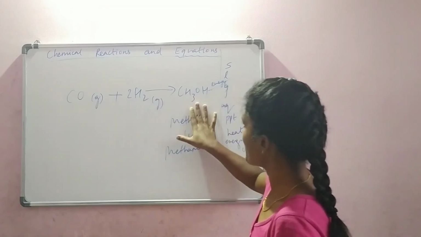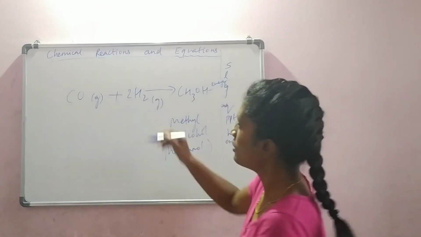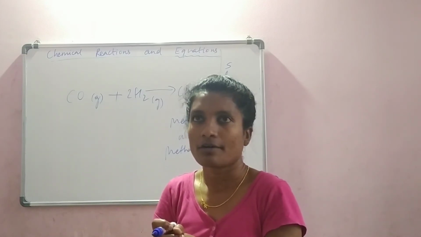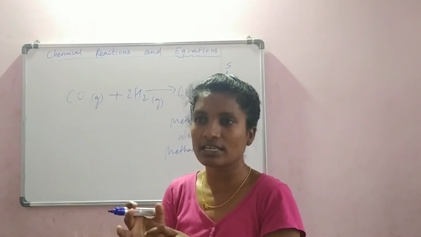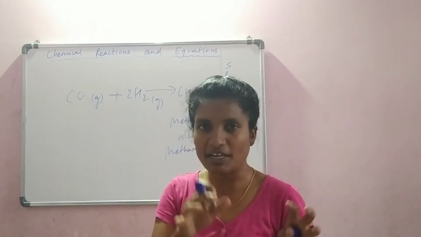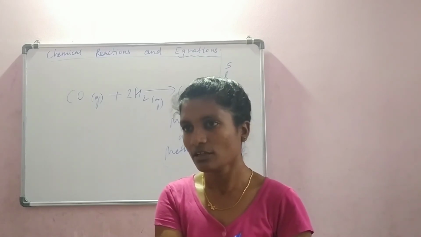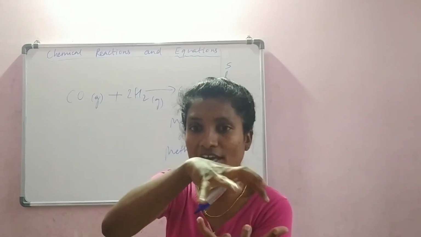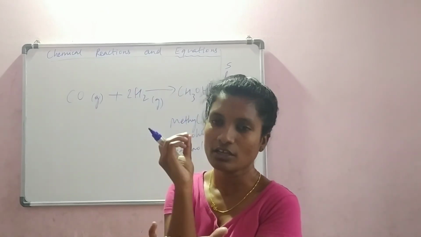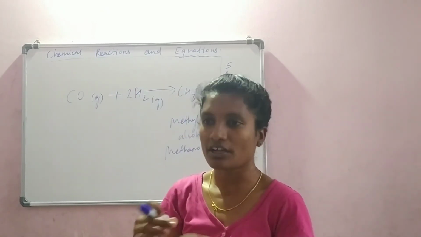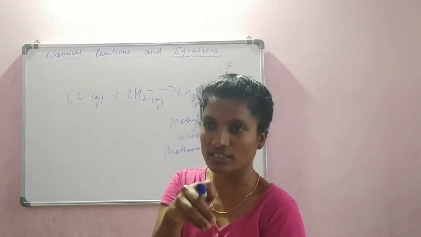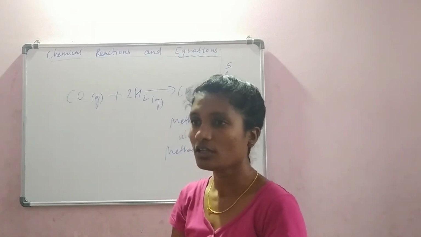So for formation of methanol or ethyl alcohol, there should be pressure. Pressure means preparing rice in a normal vessel takes 1 hour, let us assume 1 hour, whereas in a pressure cooker, it takes 10 minutes, right? Why is it? Because we are not allowing the steam to go outside. We are putting pressure on each and every grain to convert into rice. So we are not allowing the gas or the air inside the vessel to go out. That is called a pressure cooker.